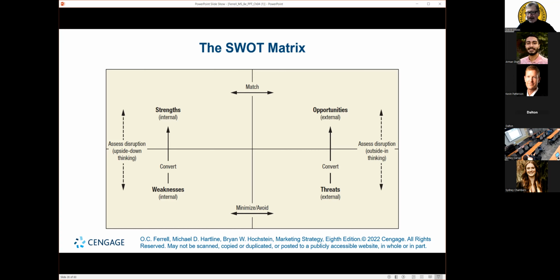And then the last of them, the access disruption. This is the outside-in thinking of how we think of our competitors and how we can think of their strengths and weaknesses and how we can take advantage of them. And so this is the process that synthesis hopefully will bring us. It will help us to aid in the transition to create a strategic focus.